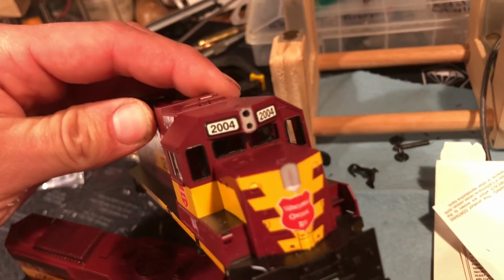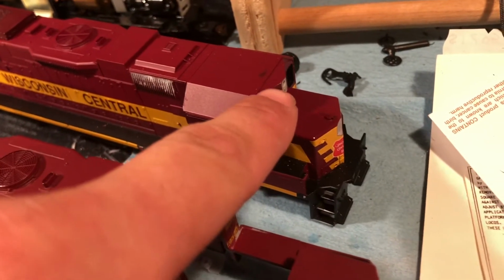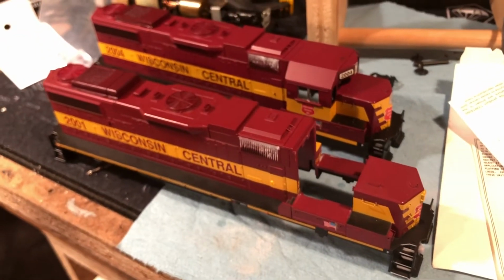Still waiting for a bell for both of these, so the bell's mounted up where the old headlights used to be, so it should turn out pretty cool. So yeah,